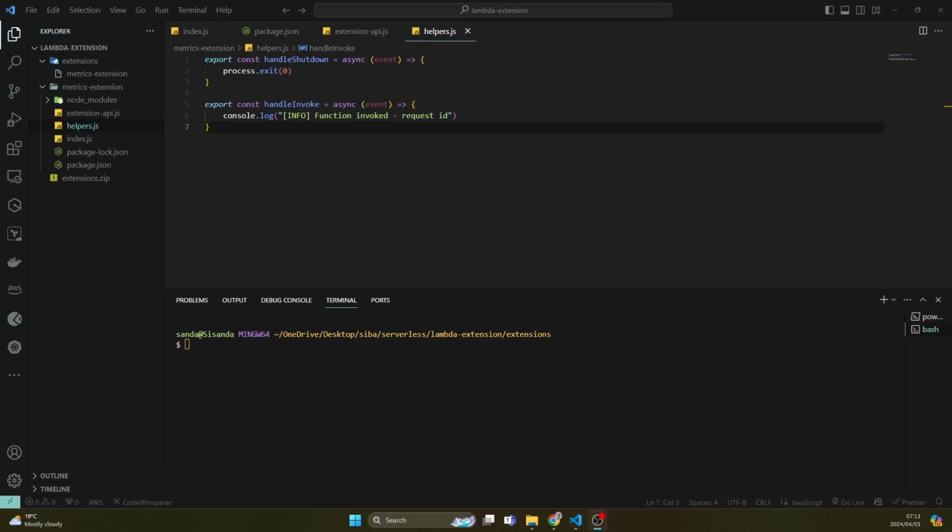What is up, guys, and welcome back to the series where we're building a Lambda extension from scratch. In the previous videos, we essentially started writing code for the entry file. We wrote code for the helpers, and then we wrote code for registering the Lambda extension with the extensions API. In this video, we're going to look at writing the code that will create the server for us for the